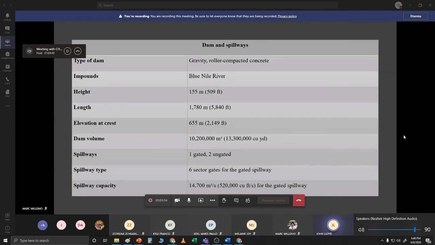So the dam is a gravity roller compacted concrete type, and the water source is from the Nile River. It has a height of 155 meters and a length of 1,780 meters. The elevation at crest is 655 meters with a dam volume